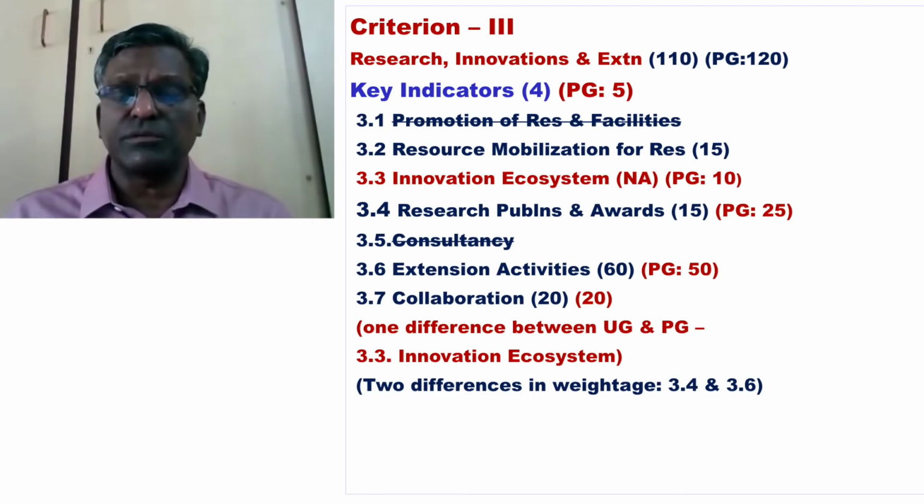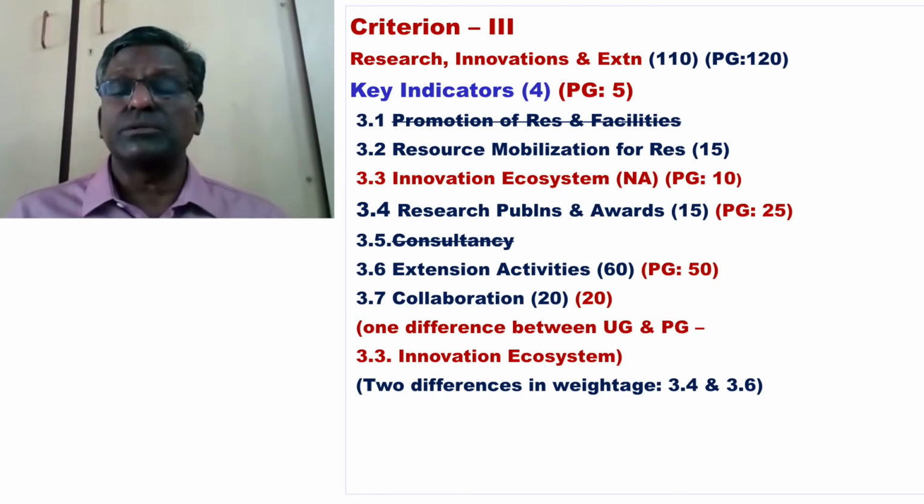And please note, innovation ecosystem does not apply to affiliated and constituent colleges which offer only UG programs. It is applicable only to affiliated and constituent colleges which offer PG programs,